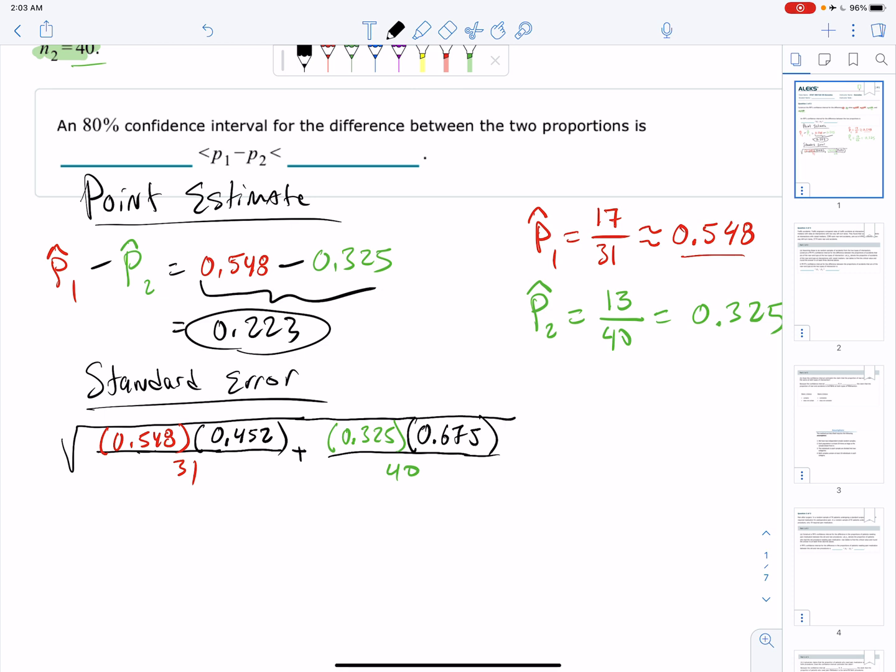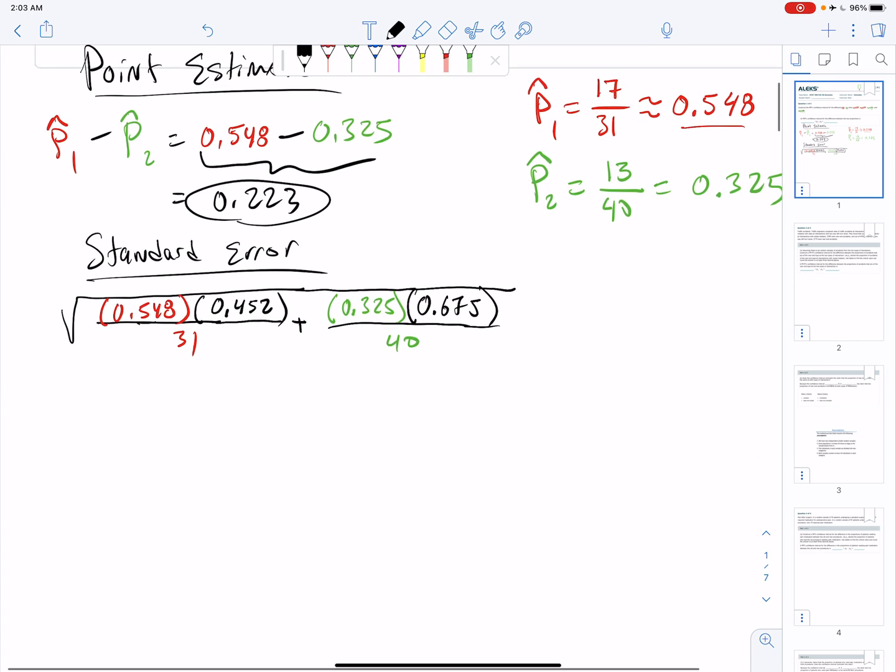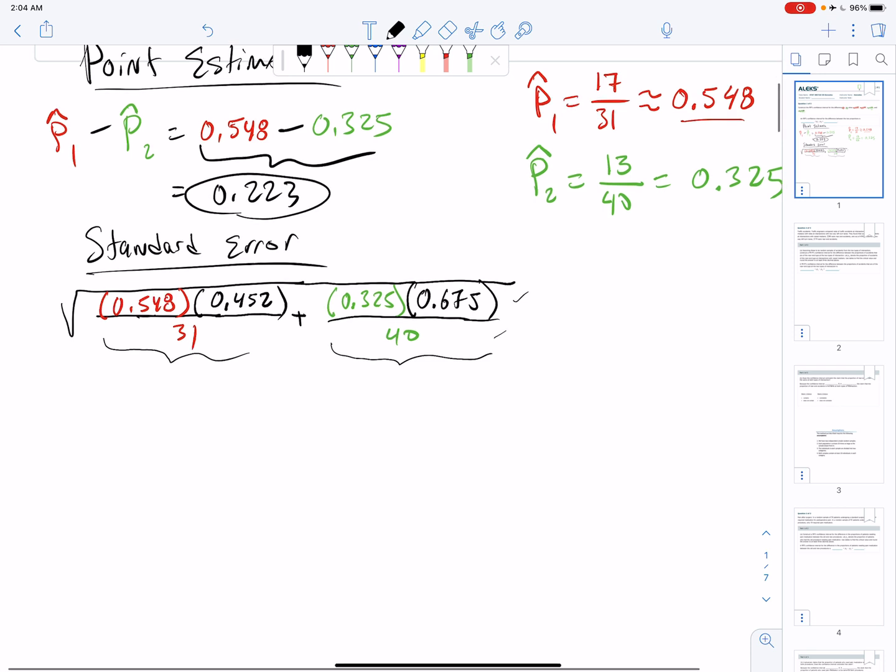So I would recommend leaving this stuff in the calculator, because you start losing decimal values since it's hard to type everything in again. I just calculated this, left it in the calculator, added to it, then calculated this. Just be really careful with your parentheses, making sure this stuff is on top and this is on the bottom. And then you should be able to calculate that. When I did that, I'm going to show you my results just so you have something to double check yourself with. I got approximately